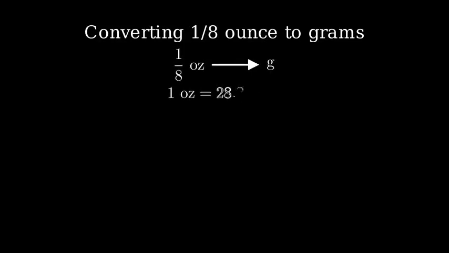Let's solve a unit conversion problem. We need to convert 1/8 of an ounce to grams. We start with 1/8 of an ounce, and we want to convert this to grams. To do this conversion, we'll use the fact that 1 ounce equals